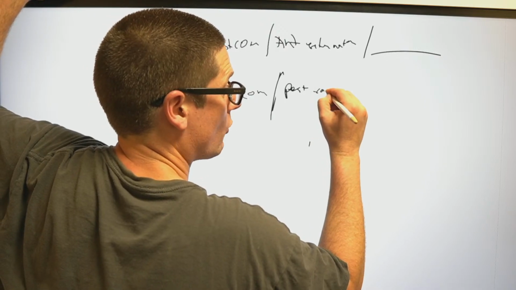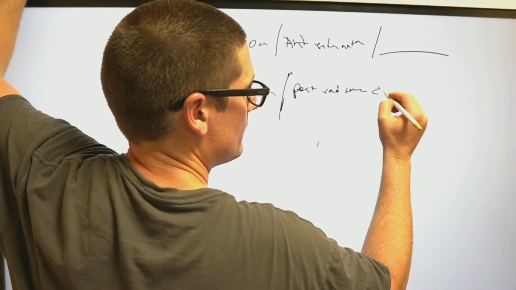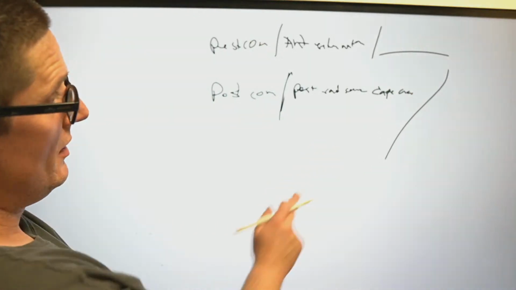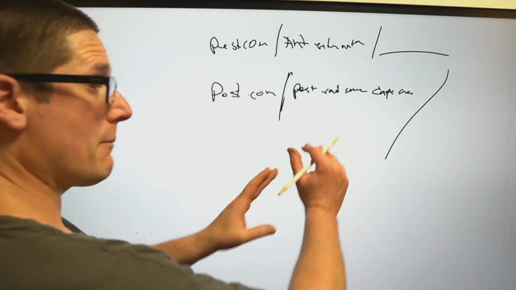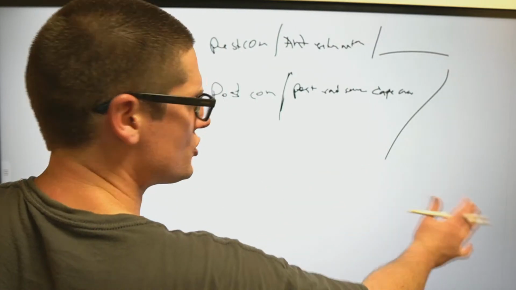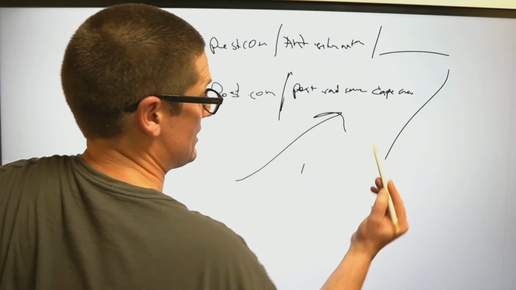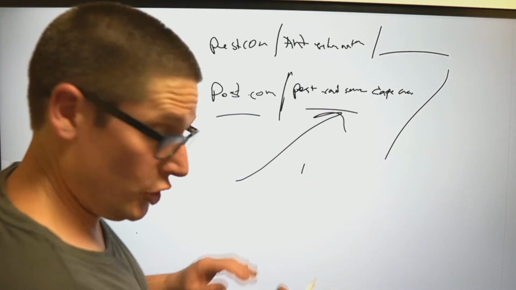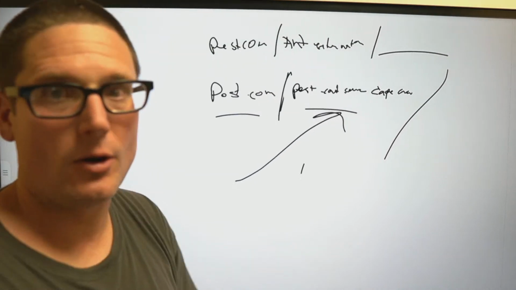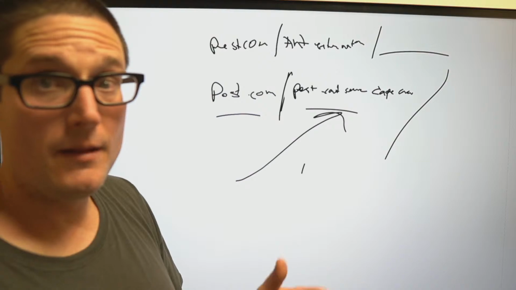Pest control service, Cape Coral. Boom. That's it. I have a top level page where I'm targeting pest control service, which can encompass tons of keywords. But when I click on that URL, it takes me to a flat structure. You can do it this way, and they rank very well, but it's very hard to keep everything together. And anytime you need to make a change, you have to go back in the chain and clean all that